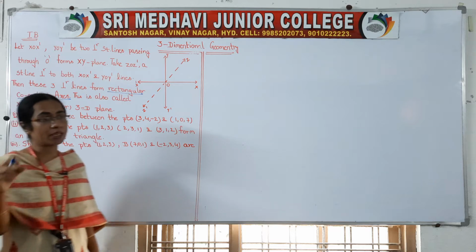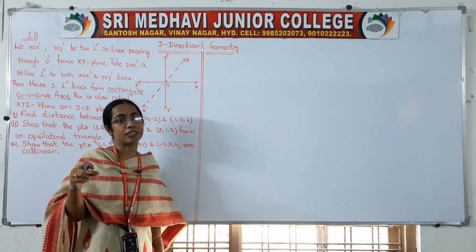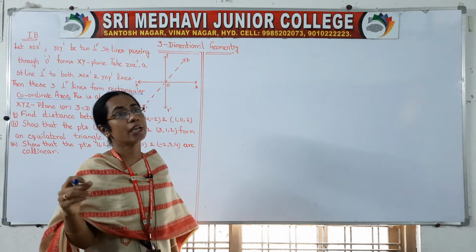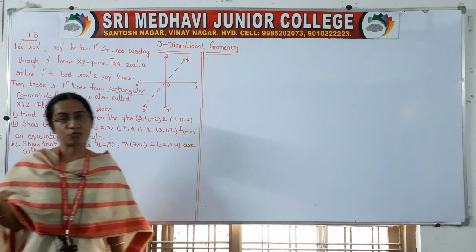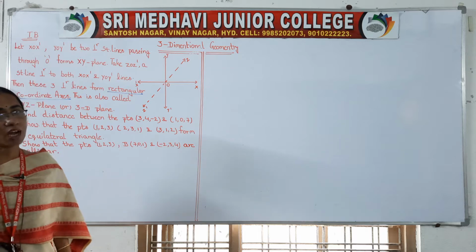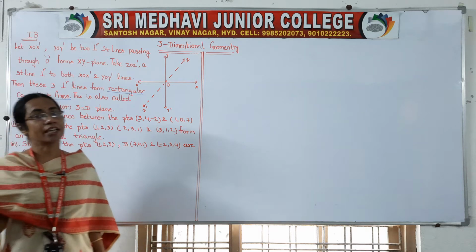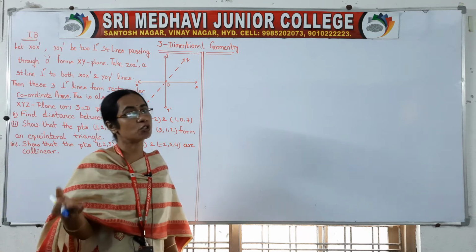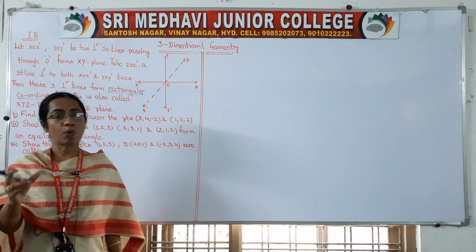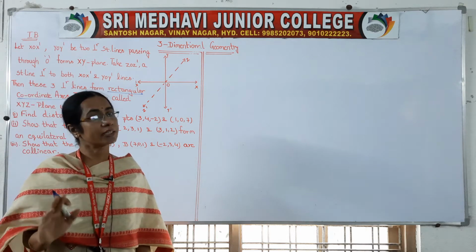So the examples for 2D are a circle, wheel, bangle. Whereas the examples of 3D are a ball, sphere, where some volume will be there inside. Similarly, any sheet or paper is an example for 2D. If you take any box, like a matchbox, it will be an example for 3D.